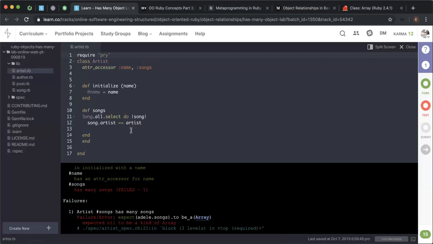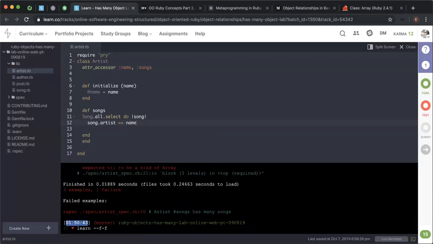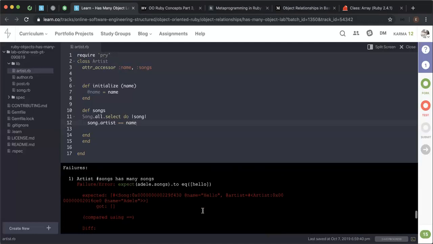Okay, so we wanted to compare song.artist to the object itself, since artist is not defined right now, and you wanted to actually compare it to the instance of the object itself. So name? Well, no, because artist is not, at least in here, defined. I mean, we can try name. Let's see what happens. Let's see what it returned. So you got nothing because